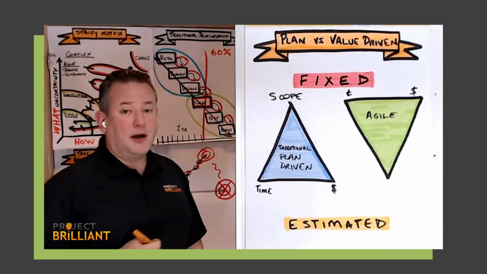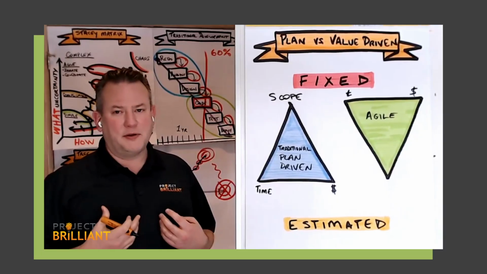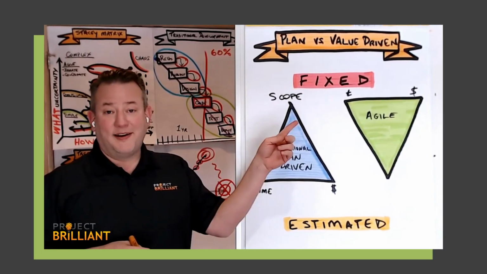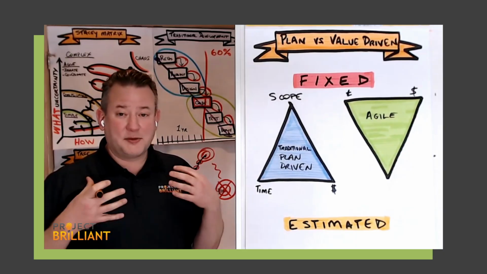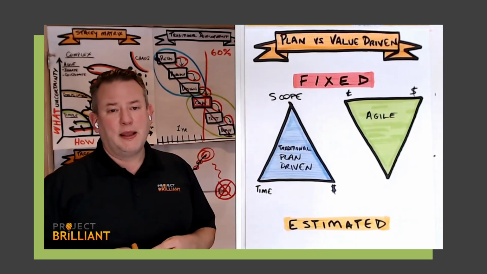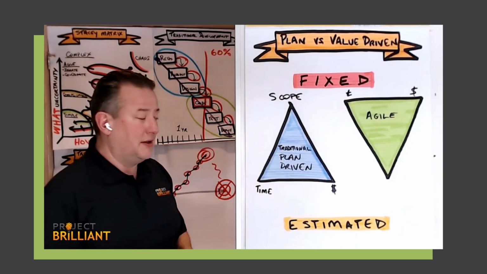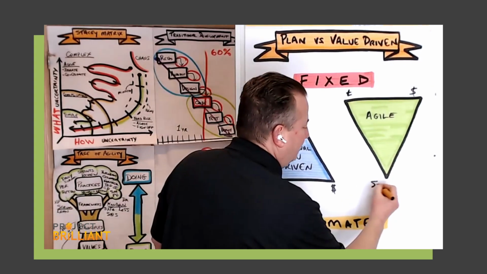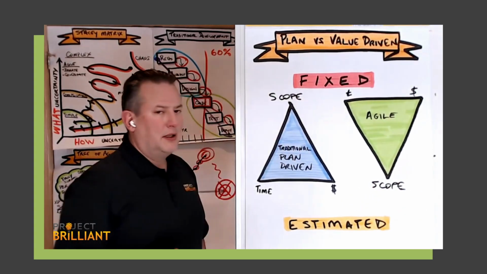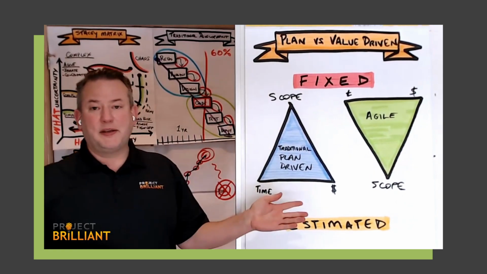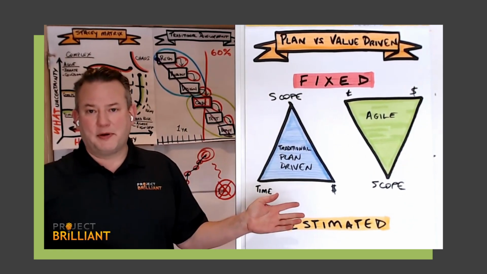So time and cost are the ones that we usually care about as leaders and managers. We want to deliver by a certain date and/or for a certain cost. So we set those variables out as fixed. And then what's left to flex, of course, is the other variable, which is scope. And the question that's often asked is, well, why is that okay? Well, it's not that we have no idea what's going to be delivered. That's a common misunderstanding here.